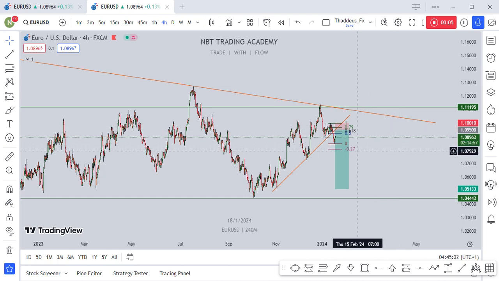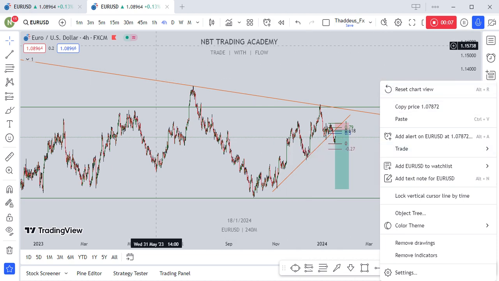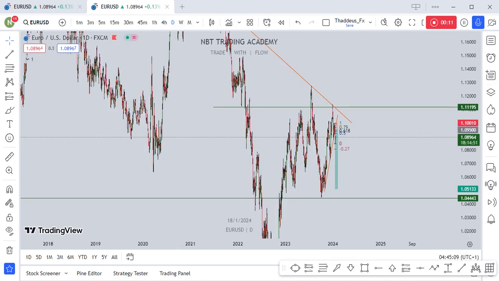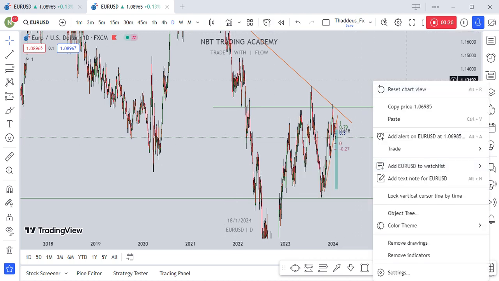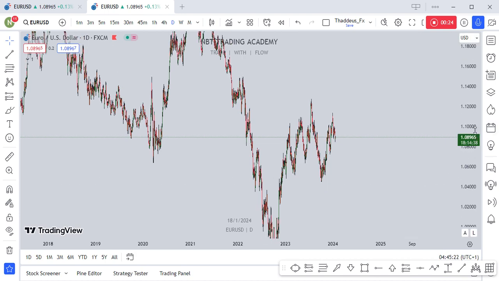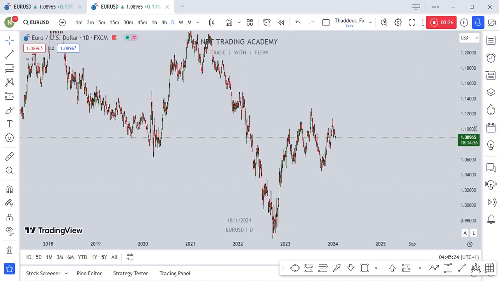So basically, I'm going to be showing you guys how I got here, how I'm able to predict about 450 pips on EUR/USD alone. I repeat, guys, 450 pips. So let's remove the drawings and replicate it again. Once you open your chart, the first thing you have to do is go to the weekly